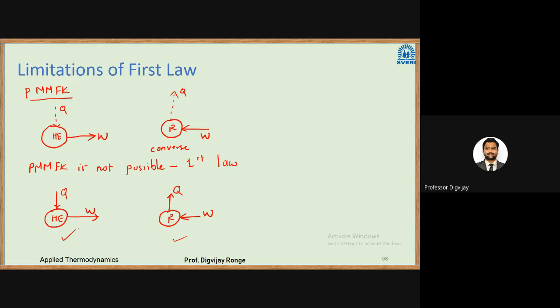If I take efficiency of heat engine here, that will be equal to work output divided by Q. And in this case, all the heat has been converted into work, so efficiency will be 1 or 100%. So first law says that there can be a machine with 100% efficiency. So that is the first law limitation. Now another limitation here is, say I have some cup of tea.